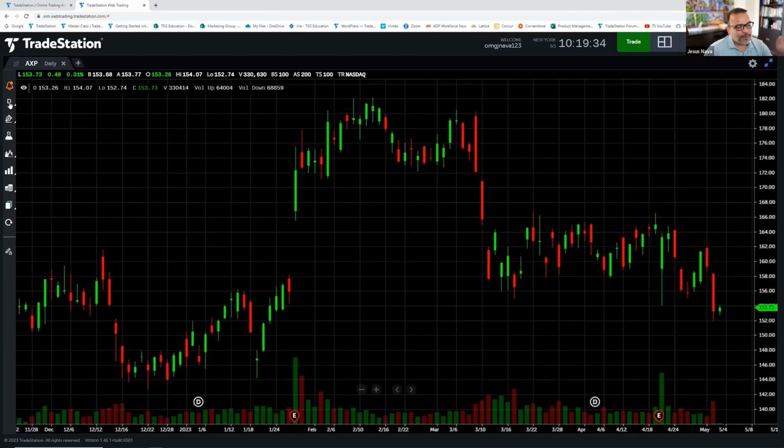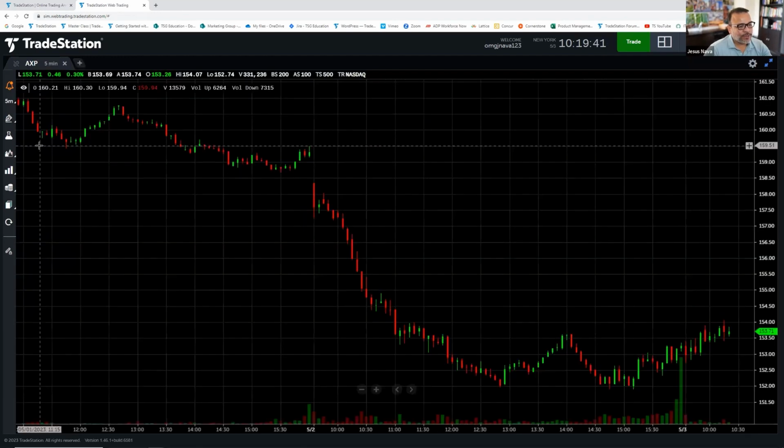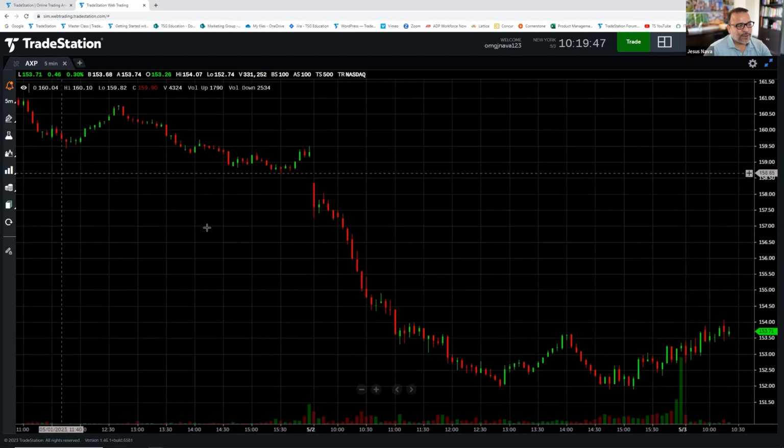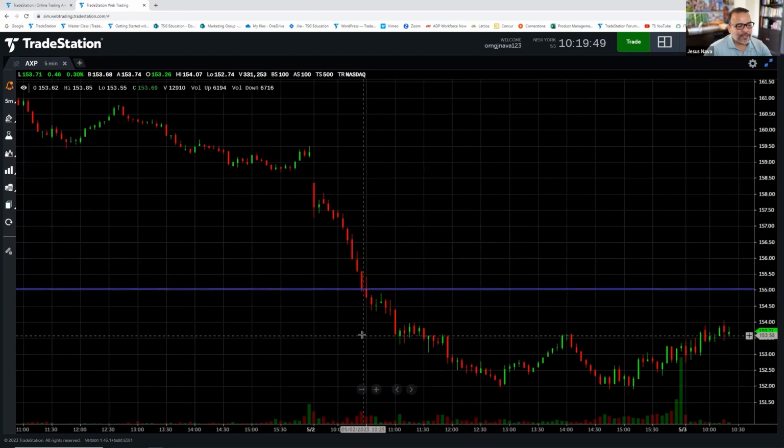We have, going down on the toolbar for charting, the toolbar to change the time frame. So I can go to intraday if I want to. You also have the ability to draw lines. If I draw a horizontal line, that's the way that it looks. If I click on the line,